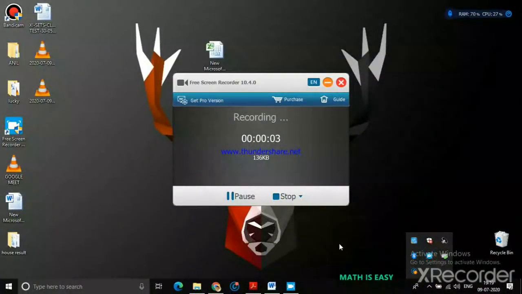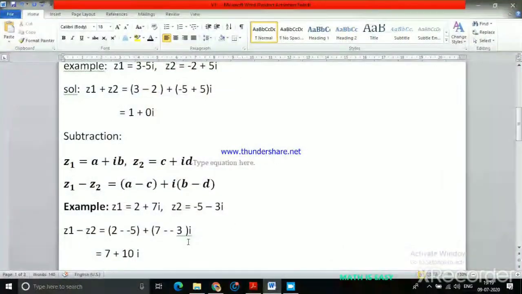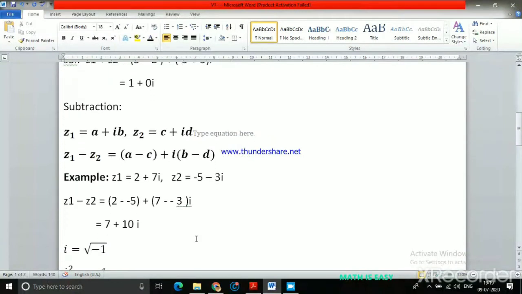Hello students, so we continue. Here we discuss how to subtract two complex numbers. The two real parts will be subtracted and the two imaginary parts will be subtracted. So here I have two minus signs because the formula has one minus sign. Here a minus c, right? So one minus comes from the formula and another minus is because the second real part is a negative number. So minus of minus is going to be plus. So 2 plus 5 is going to be 7.